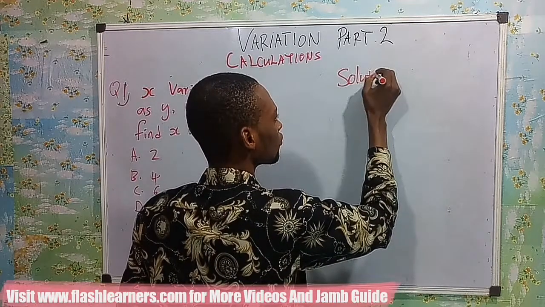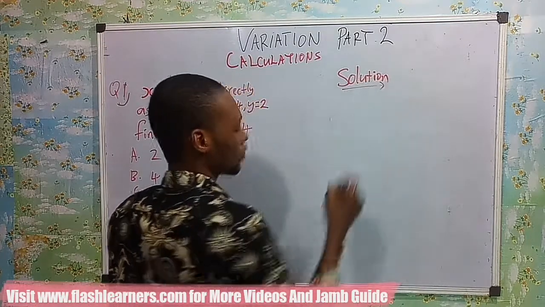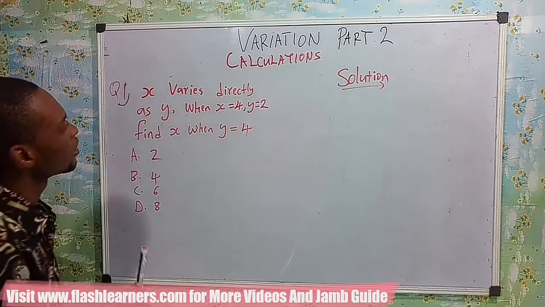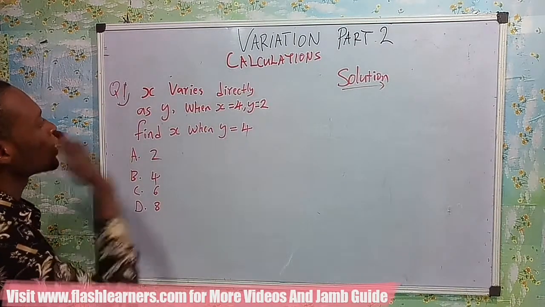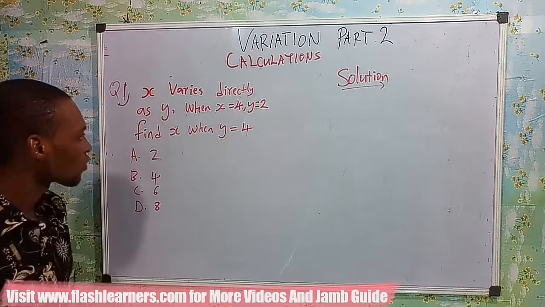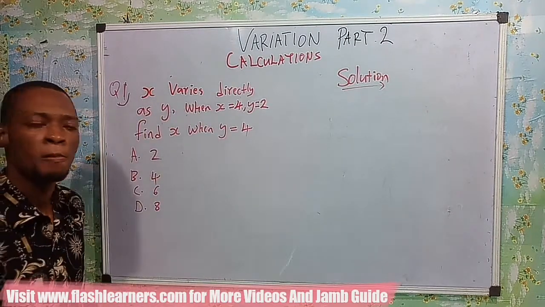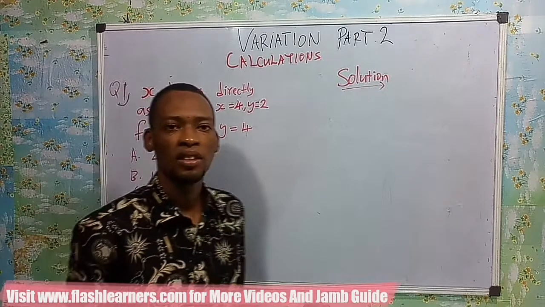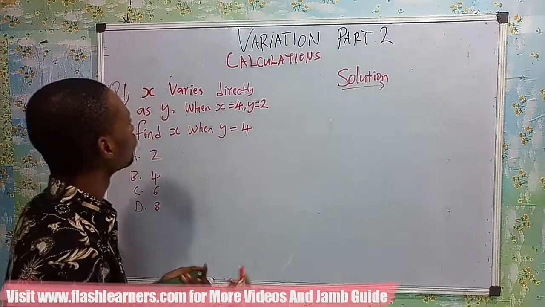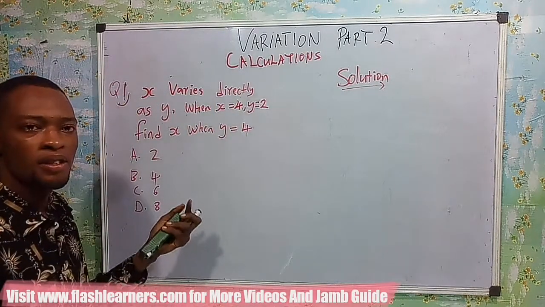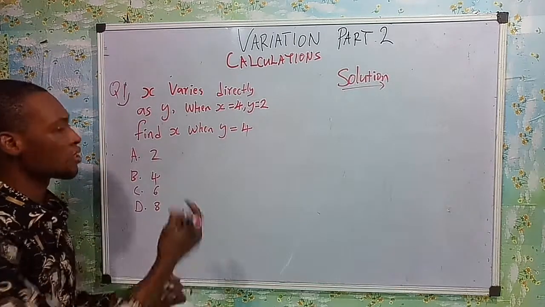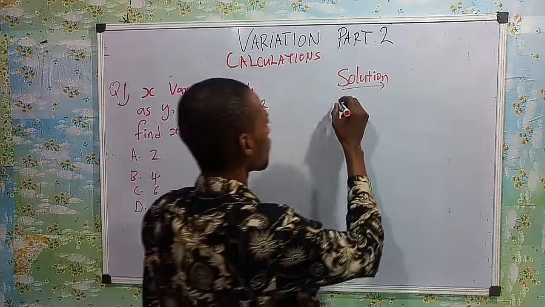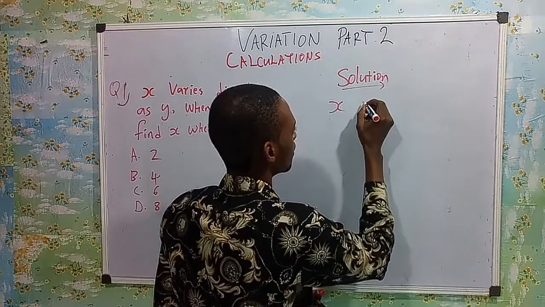Solution. So let's analyze the question. S varies directly as Y. So that's the first statement. And in lecture 1, I explained how to express these statements mathematically. So when S varies directly as Y, it means S